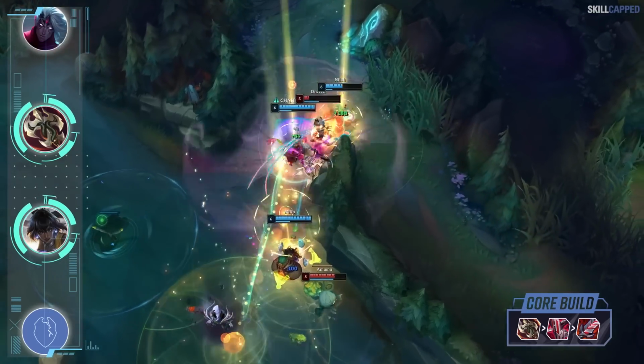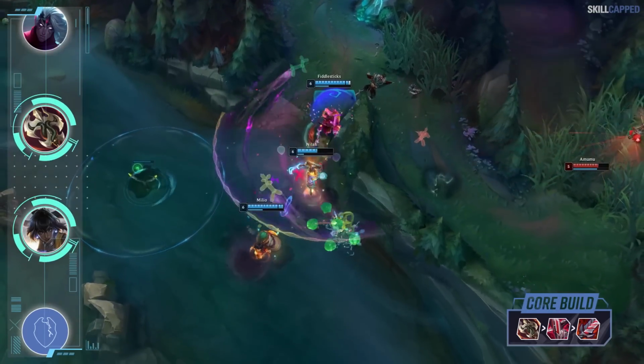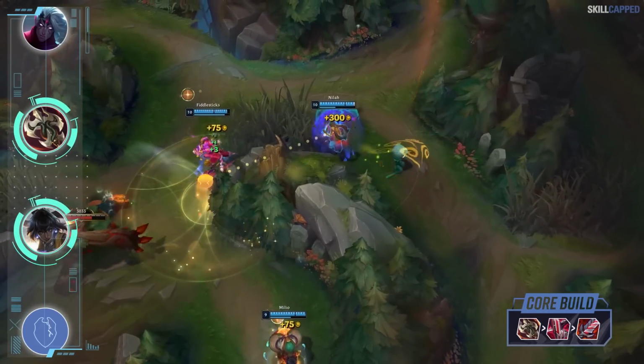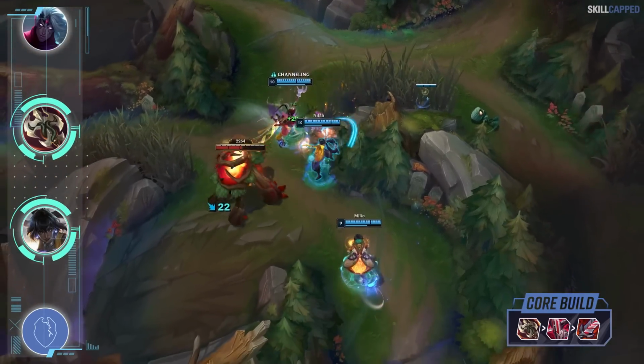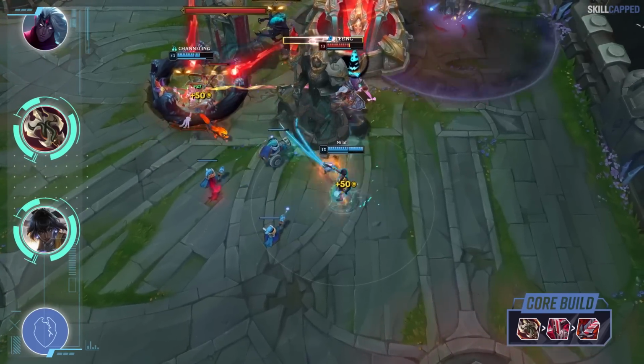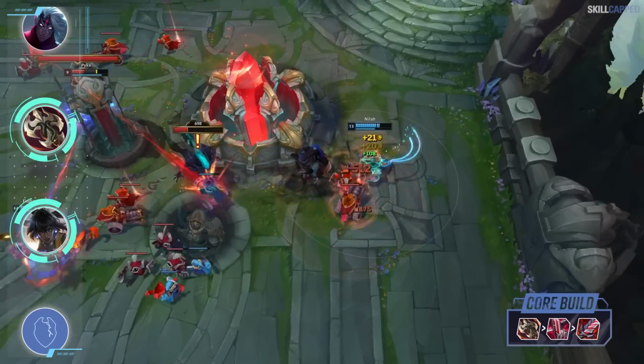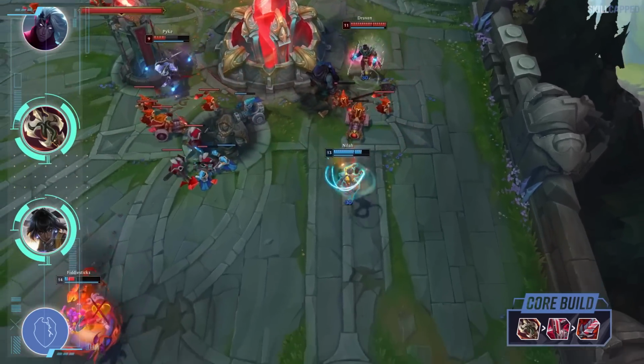Finally, the third item is Bloodthirster, giving you another 15% lifesteal. Add it all together and you have a grand total of 32% lifesteal from items alone. But wait, that's not all, because we have Bloodline in runes that adds another 5%, so you have 37% lifesteal altogether. On top of this, you have to factor in the shield from Bloodthirster and the shield from Immortal Shield